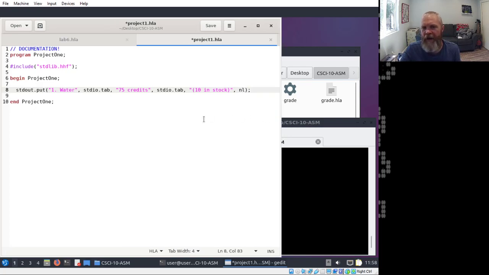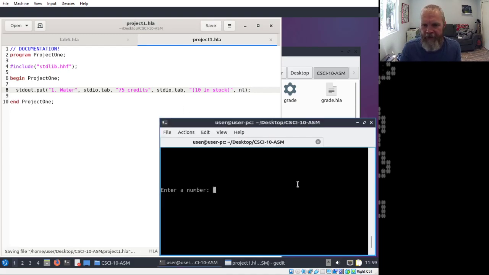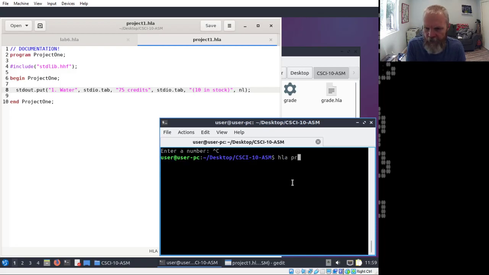So this is just one idea for how you might build up to the point where you get all the stuff going. But the first thing is maybe just work on the display, right? Just see if you can get the display working and then get it working with variables. So I'm going to go build this and see what happens. Display project 1.